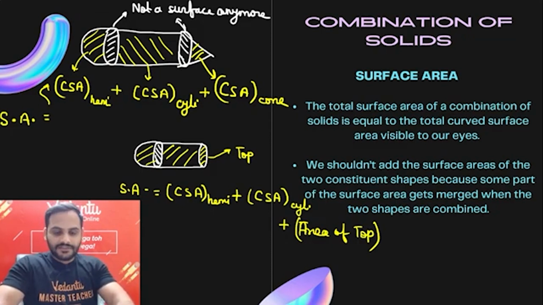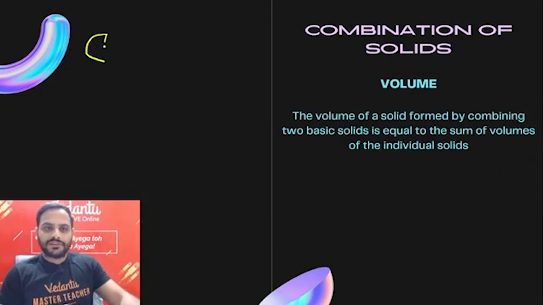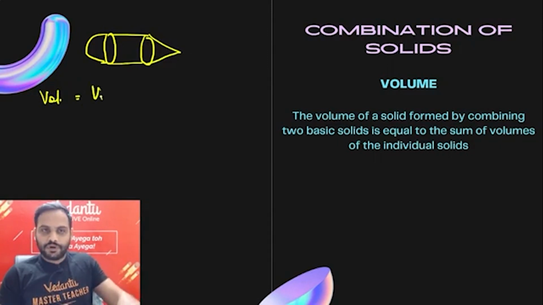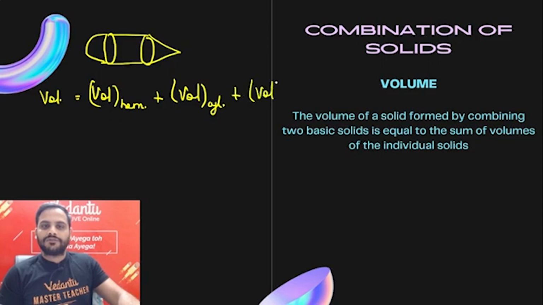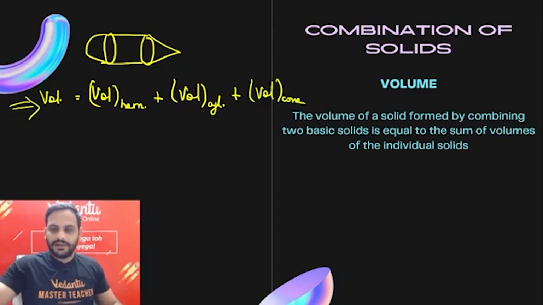All right. So in case of surface areas, guys, you need to understand and imagine how this is going to work. But in case of volume, for these same shapes, let's say a hemisphere combined with a cylinder, and then combined with a cone, the volume of this solid is going to be the volume of hemisphere, add them because I have combined all of them, plus volume of cylinder plus volume of cone. All right, this is how it is going to work. Clear, guys? Okay, ठीक है, चलो.